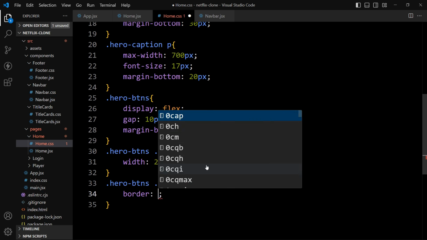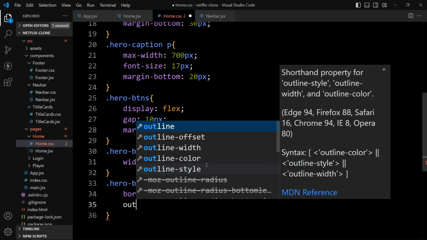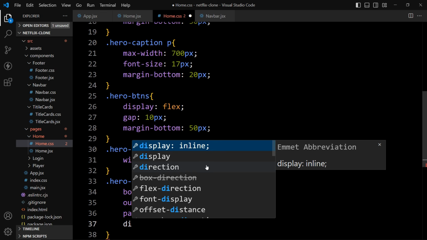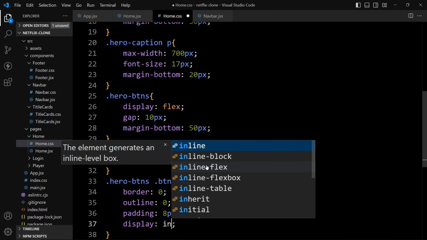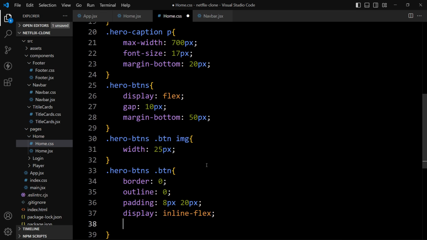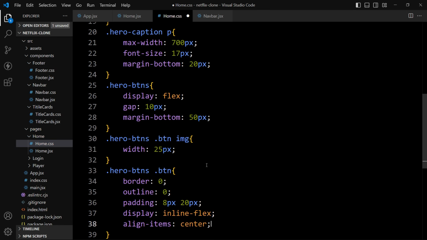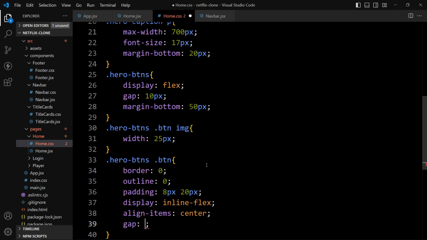So let's add border, this will be 0, then outline 0, then we will add the padding. Display will be inline flex, then align items center, then let's add the gap of 10 pixels.